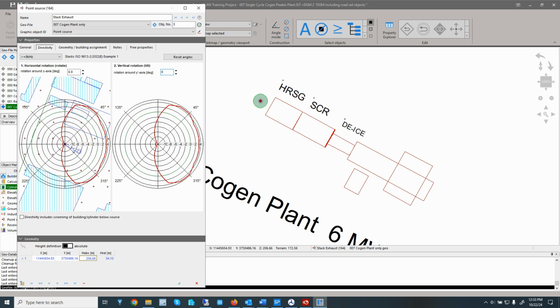We would stick it out at 0 degrees, and then again rotate it on the surface of the building. So if we had a building wall like this, then you would rotate accordingly. In this case, again, we set it to 0 and 90, so the stack's directivity is pointing upwards.